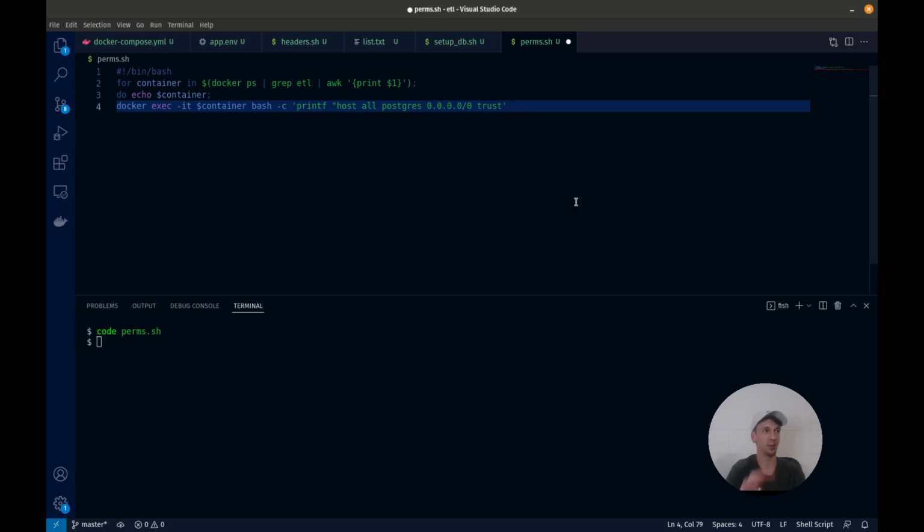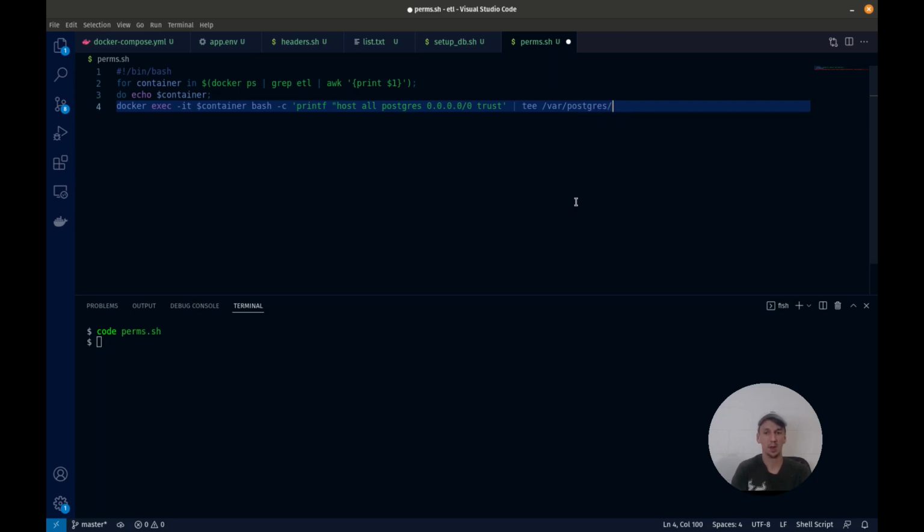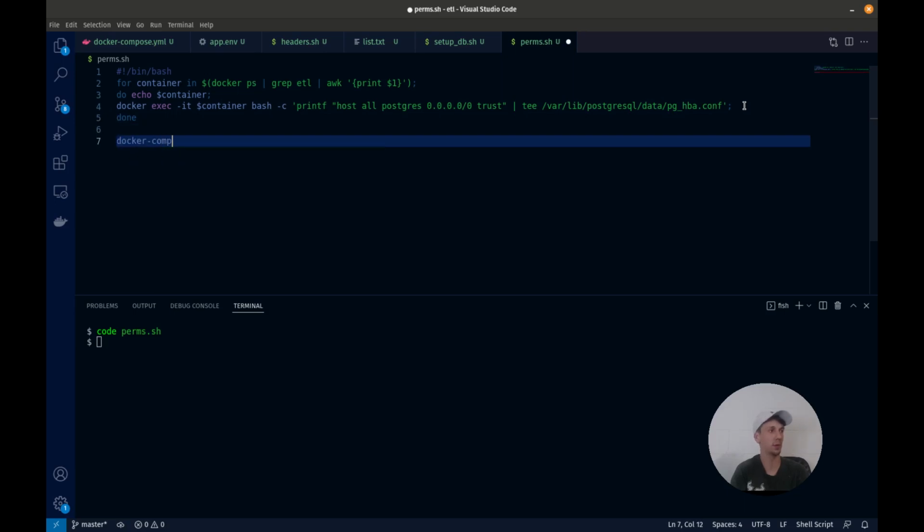All right, so we're going to be telling it to trust the localhost, and then we're going to point that to /var/lib/postgresql/data/pg_hba.conf. Close it off with a final quote. I did this all weird because I was on the wrong track. And there we go, we are done with that loop, and we can do docker compose